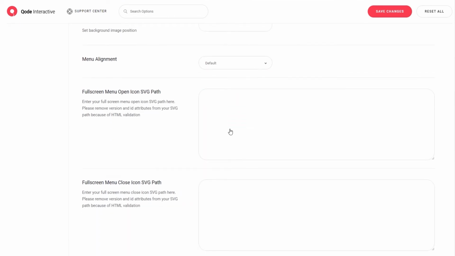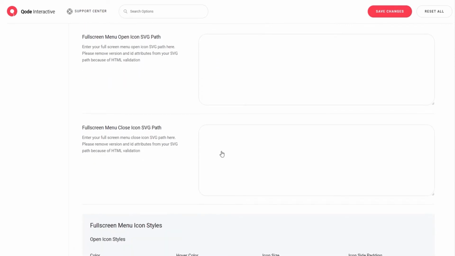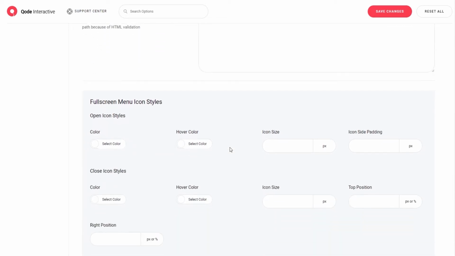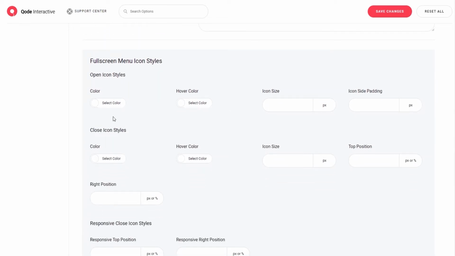Moving on, we have a field where you can add SVG that would serve as your menu opener instead of the hamburger icon we have by default. And you can do the same with the closing icon if you don't like the X that's there by default. Whether you add an SVG icon or not, in the next section you can adjust the full screen menu icon